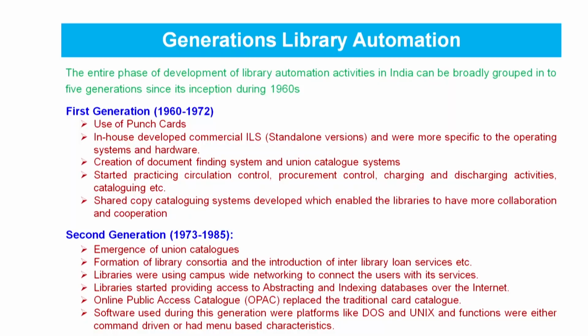And the second generation, when you look at the emergence of Union Catalog, which was during the year 1973 to 1985, formation of library consortia, and the highly established networking system so that libraries can connect to each other,